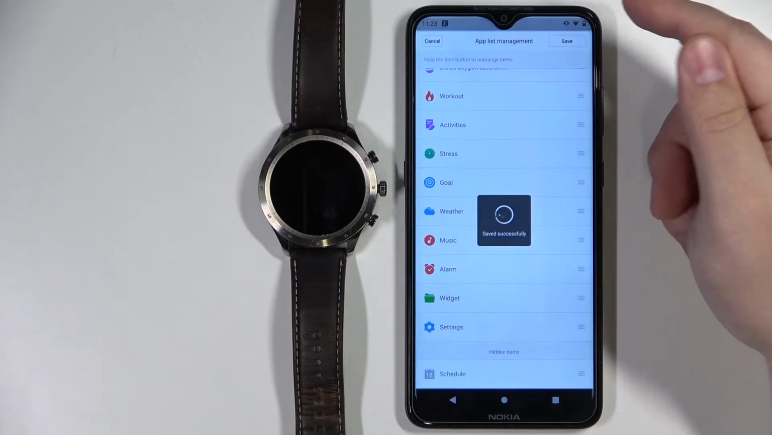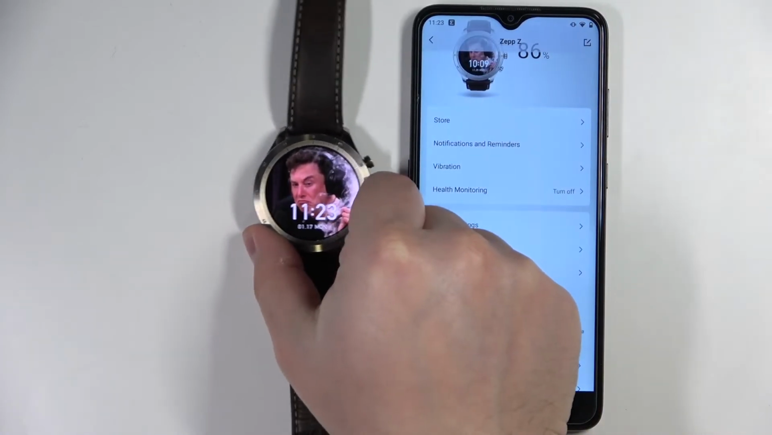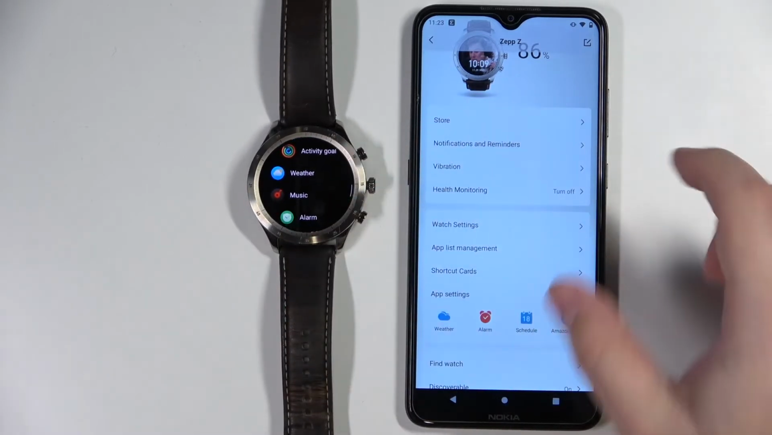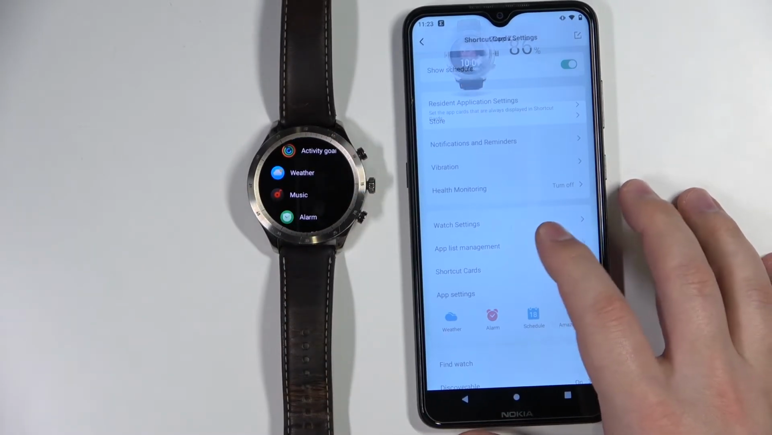So let's tap on save. Open the app menu, and as you can see, it's gone. Okay. Another thing we can do is to